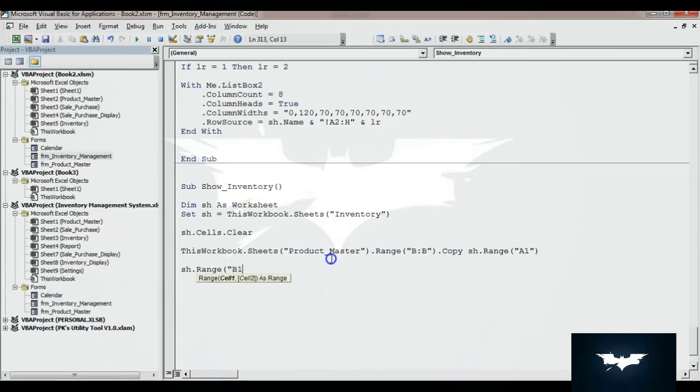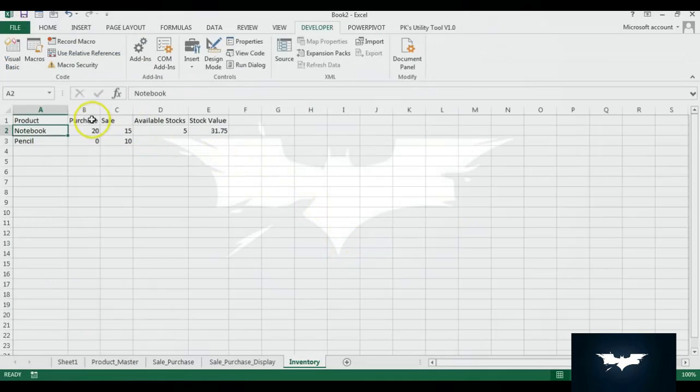The B1 will be purchase, then we'll take C1, D1 and E1. The C1 will be sale, then D1 will be available stock, then stock value. Alright, so we have created the headers.